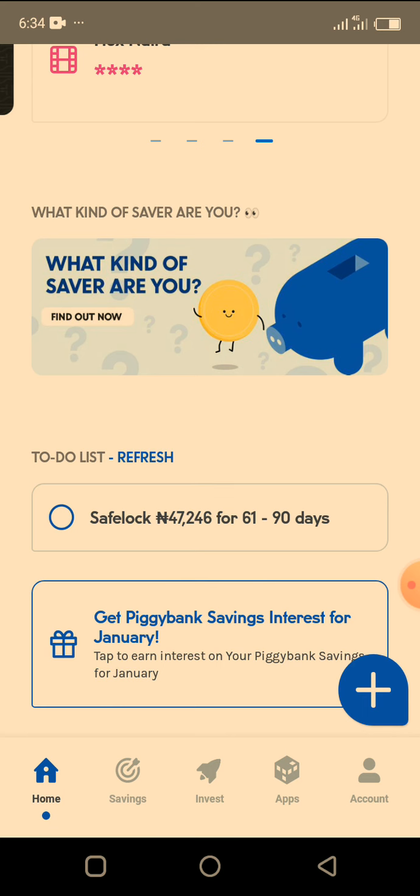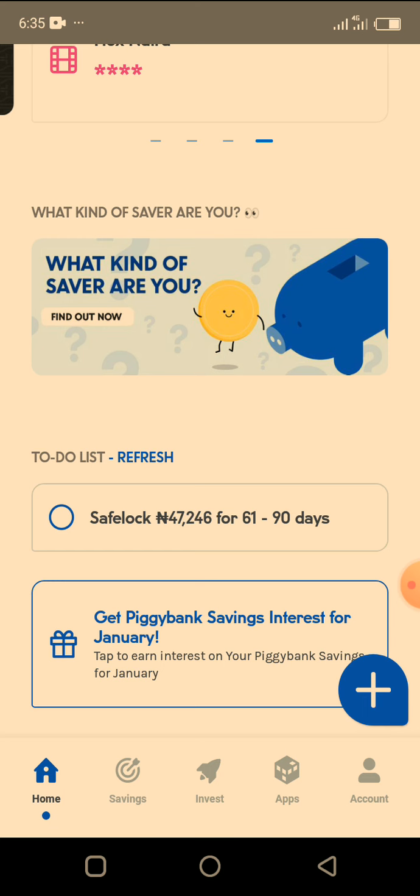You can choose to save periodically. You can save at any time. You can choose an interval and let them take it from your account, or you can just send it as the money comes. For some of you on salary who find it difficult to save money, because anytime you have money in your account, people always come with one problem or the other, family problems, friends having issues. Because the money is with you, you can't just keep quiet, you have to help them. But if this money is in your Piggyvest account, you can comfortably say you don't have any money, you only make do with the one in your personal account.